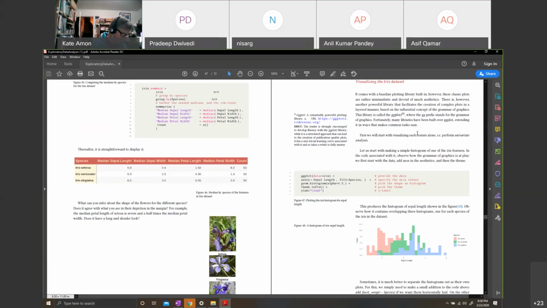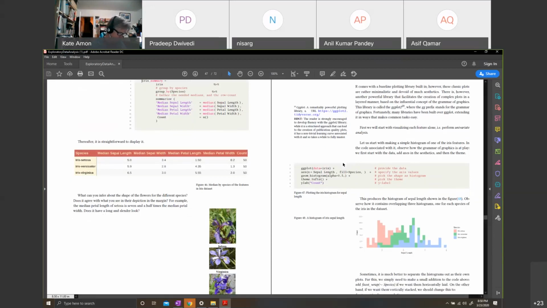So with ggplot, here I've given the code to show how layer by layer you build up a graphic, as simple as this. We are showing the histogram of sepal length by count. Actually, I should fix this picture, it's not very legible, but that's that. Huh? So how do we actually... is it because it's not legible, or let me go to a different view perhaps.